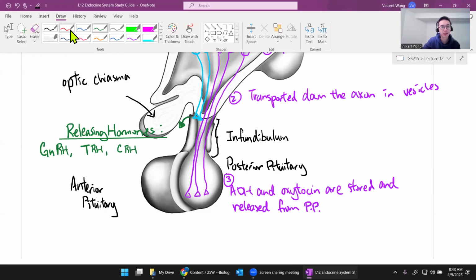pituitary gland. And now remember, there are also inhibiting hormones, which we have not learned, but I'll put them here. Inhibiting hormones. Okay. Not gonna worry about the names. Just know that they're there. And they would have an effect on the anterior pituitary gland. And for the anterior pituitary gland, there are